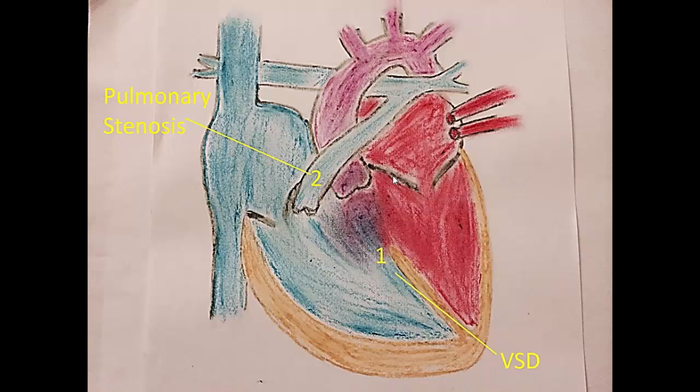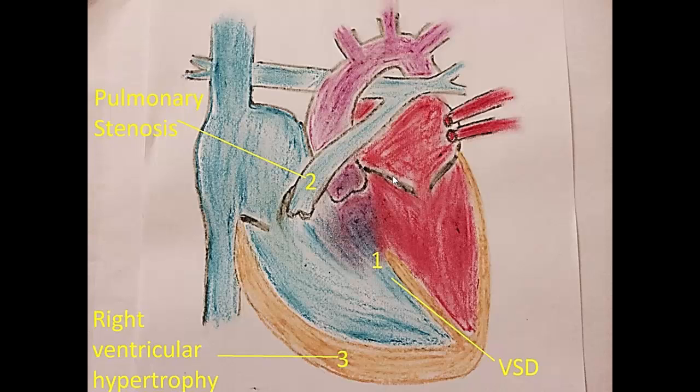And pulmonary stenosis is a narrowing of the pulmonary valve area, below the valve, or the pulmonary artery. In pulmonary stenosis, the constriction causes less blood to reach the lungs, causing there to be less oxygenated blood flow. The narrowing also causes the heart to work harder because it is trying to push blood into a small opening. This leads to